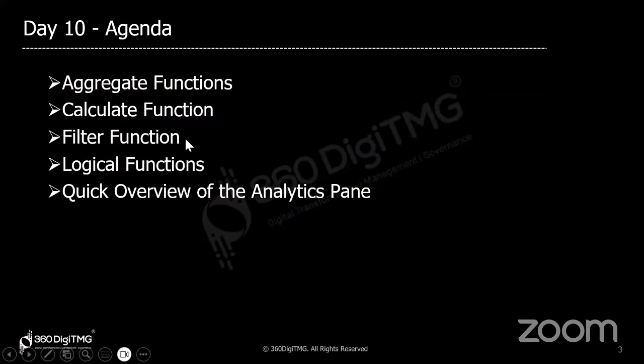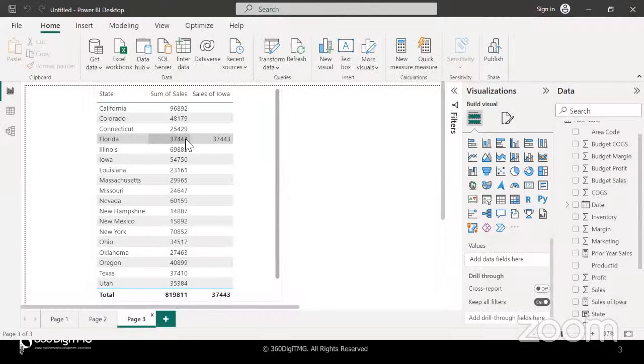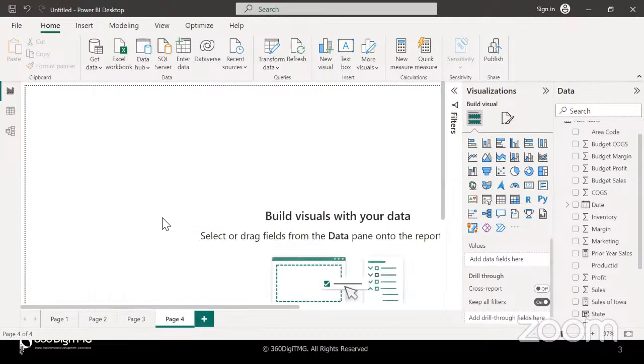We'll move on to filter function now. Filter is also a very useful function. You can use filter to create subset tables. Okay, some small subsets with the data that you desire to work with. You can store it into a different table with filter. So I will try to explain with an example of what it means to create saved subsets of data of an existing table. Now, if you look at the fact table,